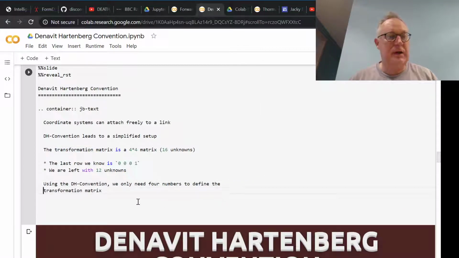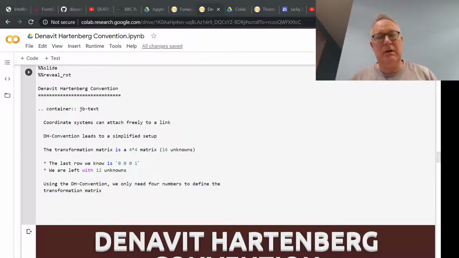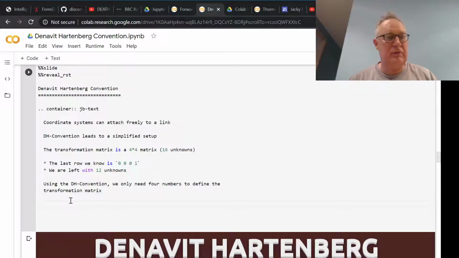So instead of 12, I only need to find 4 numbers. And it's pretty clever in the way that it defines that. So the first thing to realize is that the rotation matrix